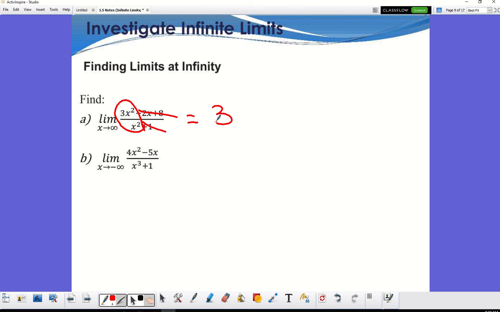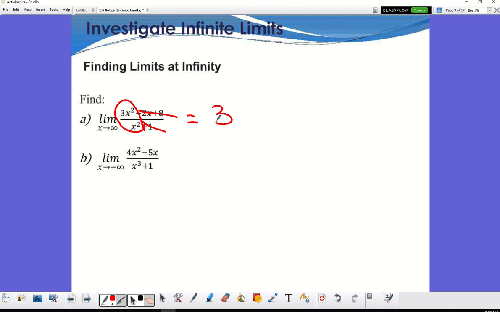So if you ever want to play with these problems in your calculator, these are good ones to actually play with. Because if I'm taking it to infinity, just put in big numbers for your x, right? Just put in huge numbers for your x and just keep doing that. And as you go with the larger and larger and larger numbers, it's eventually just going to boil down to be 3. So, that's a good one to play on your calculator.